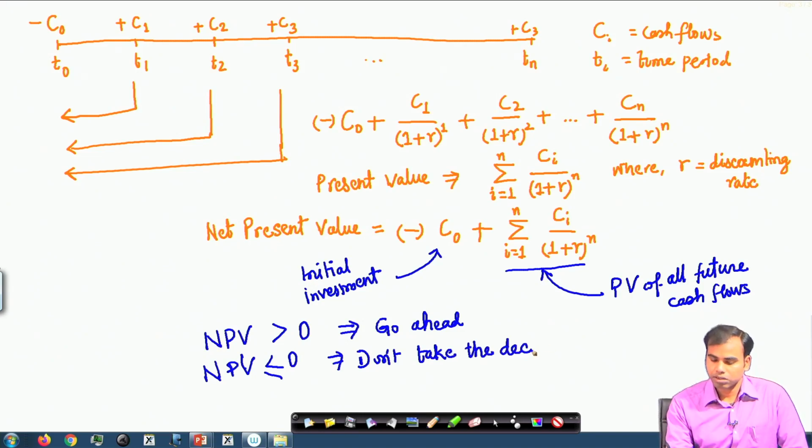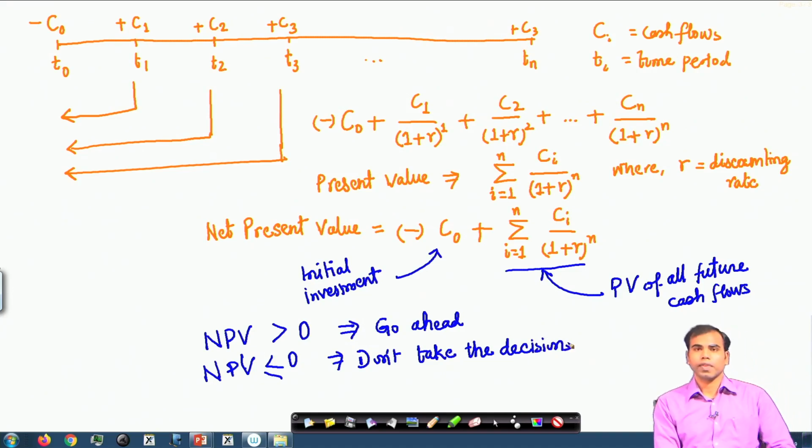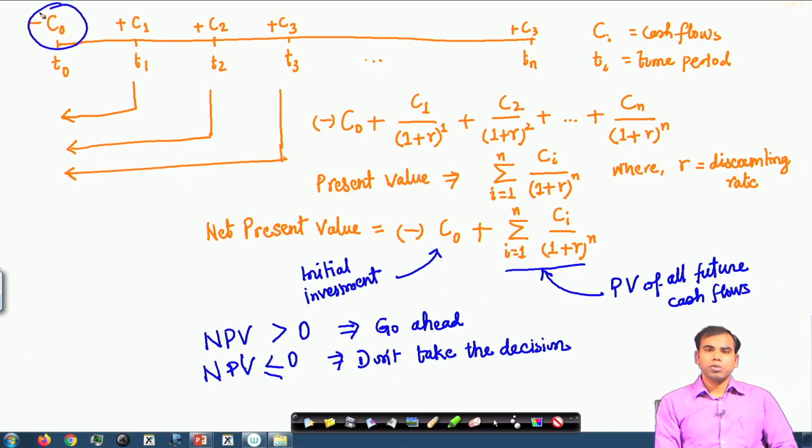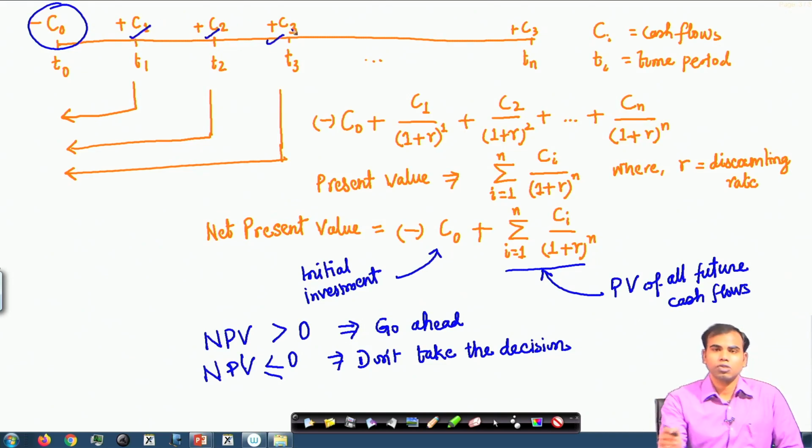Now, let me explain this approach with some practical examples. So, this typical approach of calculating NPV for future cash flows indicates that if we invest an amount of money today, which is time 0, and the amount of money that we are investing is C 0, which is basically this value. If we invest an amount of money as C 0 and we expect that that amount of money will generate future cash flows in terms of C 1, C 2, C 3 and so on, then given that